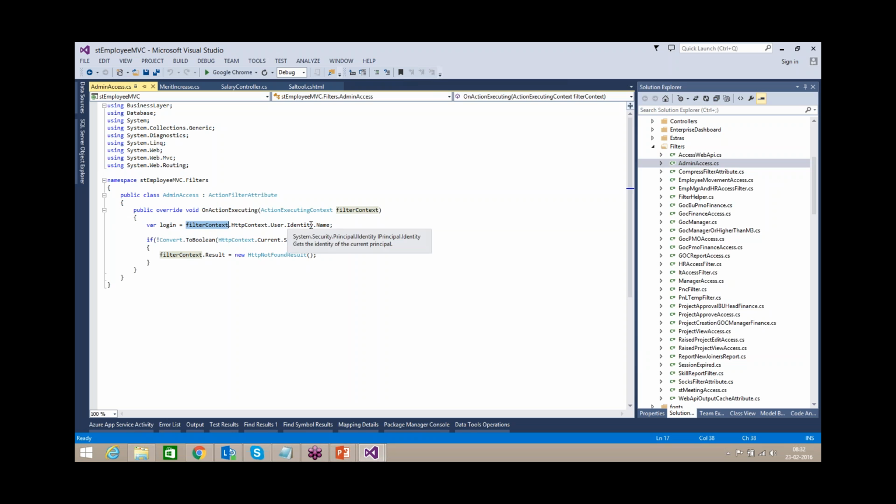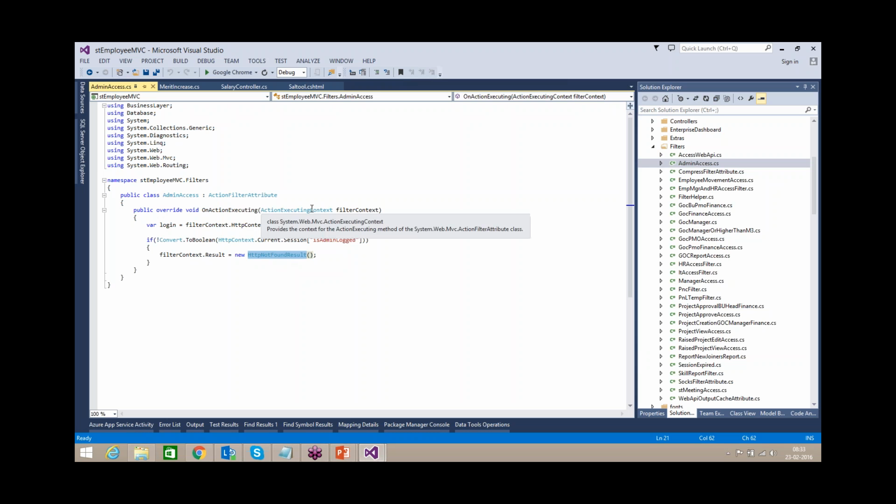We take the logged in username, and we are checking the session; sessions and everything we can use as it is. If he is not an admin, we just return the user from this, so he doesn't have access to view this page. If the logged in employee is not an admin, he cannot see the page.